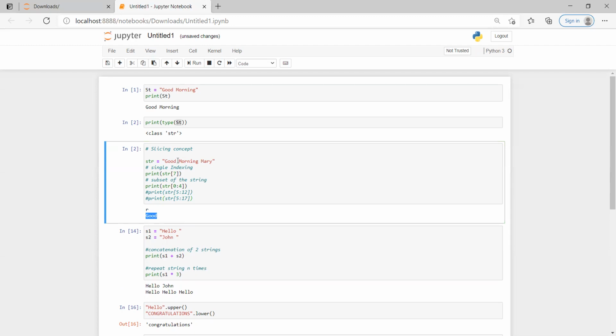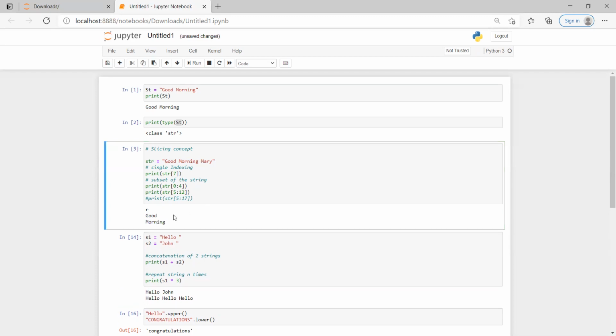Similarly, if I want to print morning, it starts from location 5 and goes 5, 6, 7, 8, 9, 10, 11. 11 plus 1 is 12. So I print from 5 to 12 and it returns the value morning.